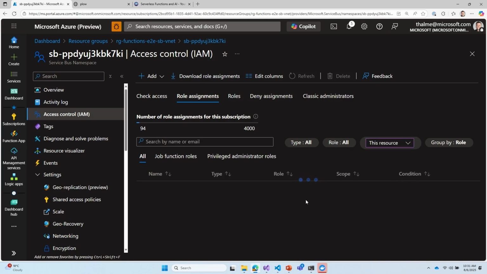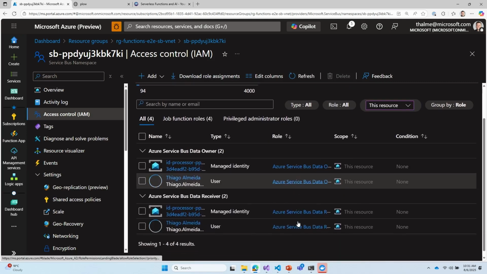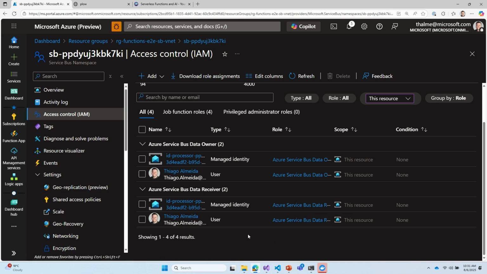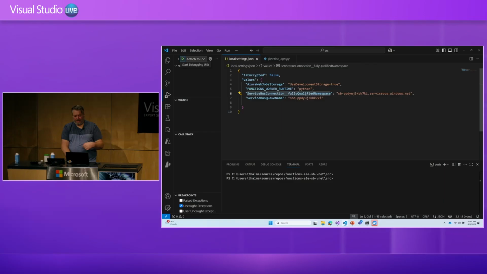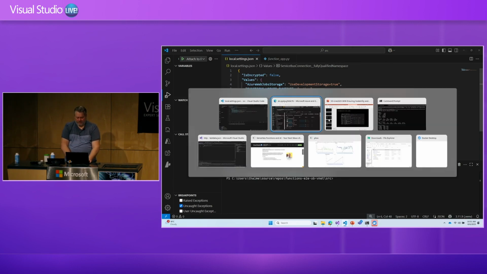So for this Service Bus namespace, myself and that ID of the function app have access to it to be able to send and receive and etc. So when my function app runs locally, it's running in the context of my identity, and that's why I can still run this locally against an Azure Service Bus, but not put any secrets in my local file as well. It just uses my identity for it.